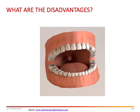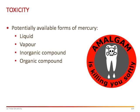Disadvantages: if your cavity is small, excess tooth structure needs to be removed for retention, so it's not minimally invasive. You need to have consent, and lots of patients won't give it because of aesthetic and toxicity concerns. Toxicity, we haven't talked much about that yet. Okay, so